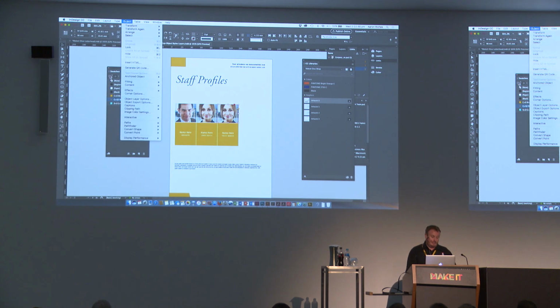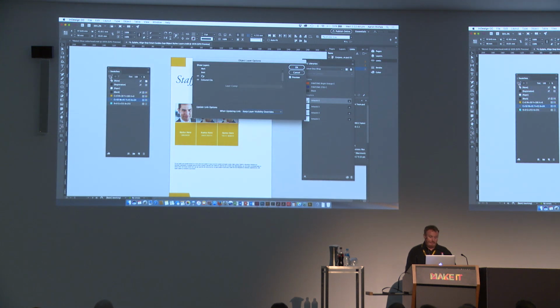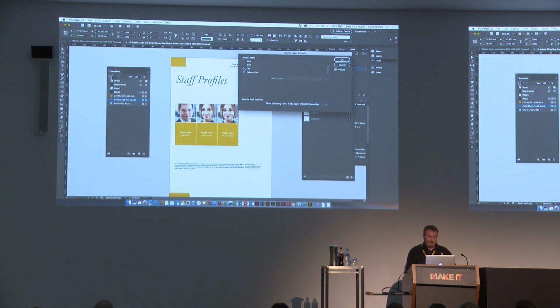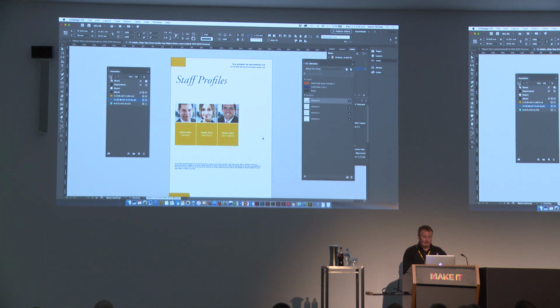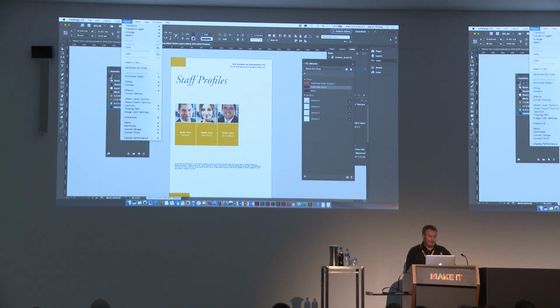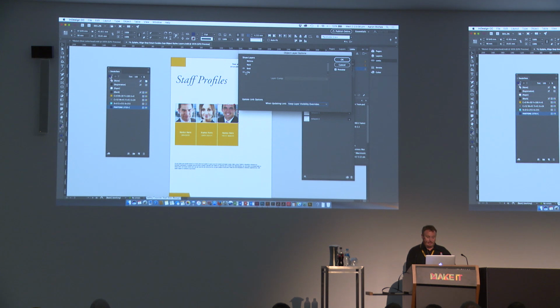I can just go from the Objects window and I can just go Object, Layer Options, and from here, in InDesign, I can say, turn off Melissa and show me Brett. And I can hit OK, and we can see the picture of Brett. I could even go so much further to say, right, they just want to have a blue background behind the picture, so I can just go, right, Object Layers, turn off the city background, turn off the other coloured city background,